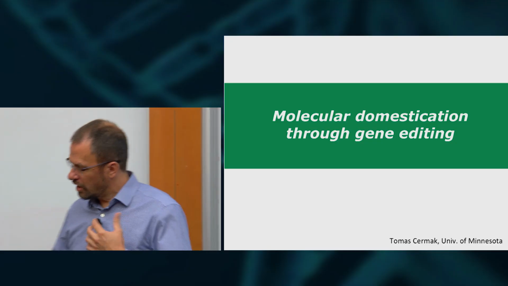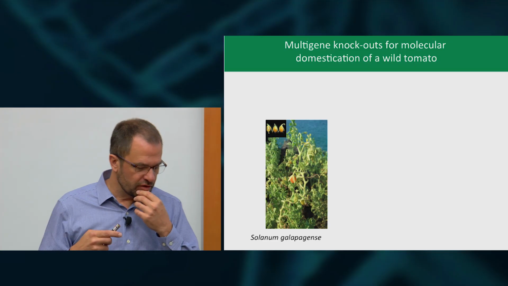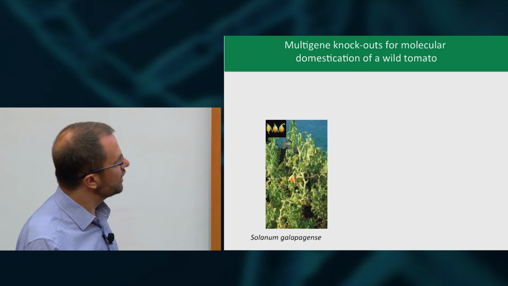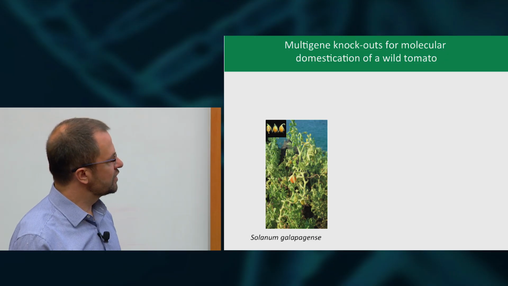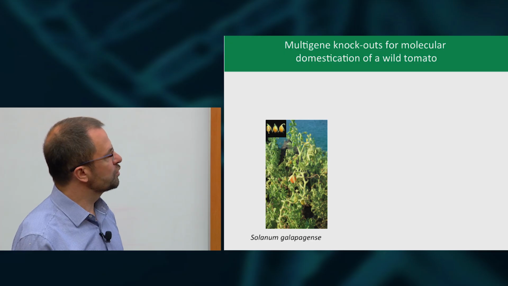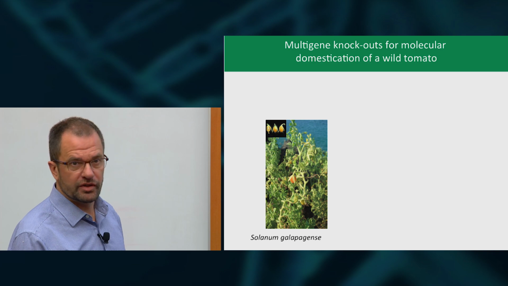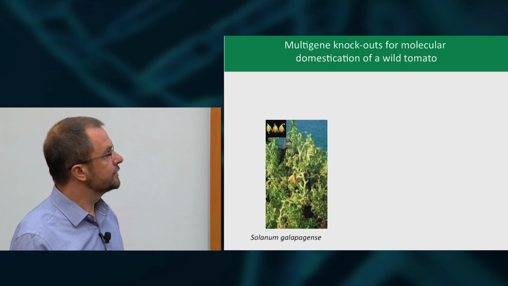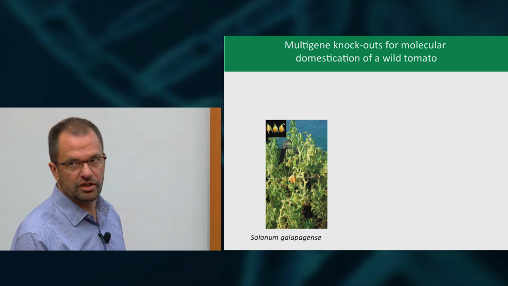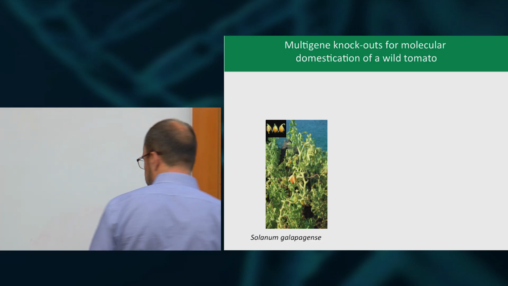And so our notion is, since we know these mutations from a variety of genomics analyses, can we take a wild tomato, for example? This is a tomato species from the Galapagos Islands. It has very small fruit, of course, but it has some traits that are of value. It's resistant to white flies. White flies carry viruses that are pretty devastating to the tomato crop. It's also salt resistant. It grows right along the rocks along the shore. So these are traits that could be valuable in cultivated tomato.